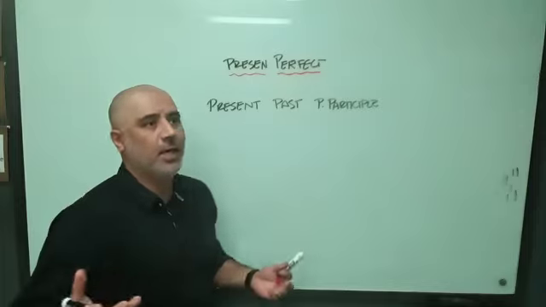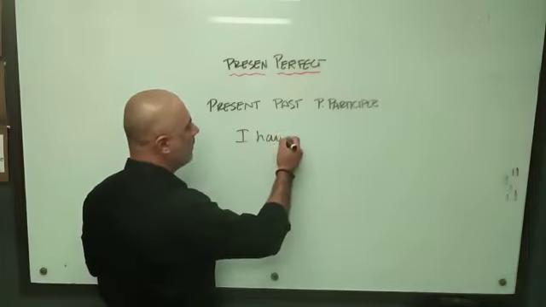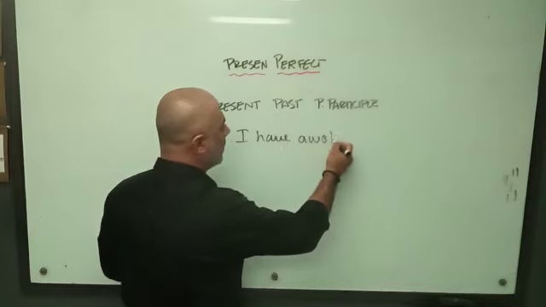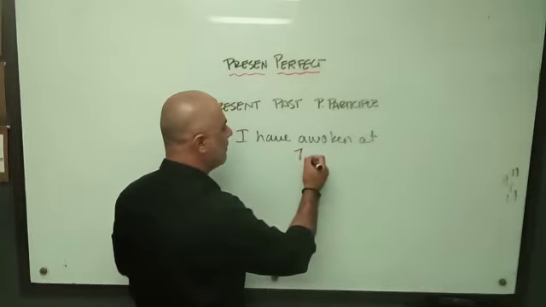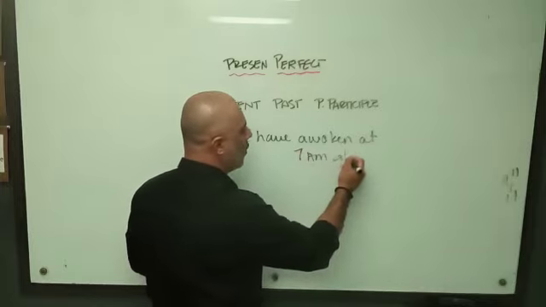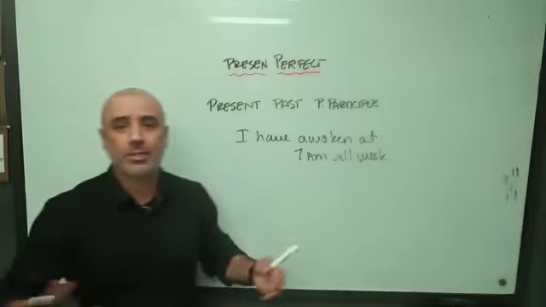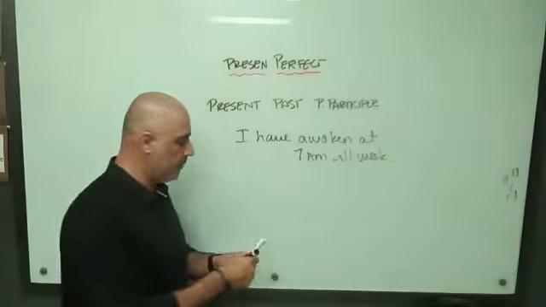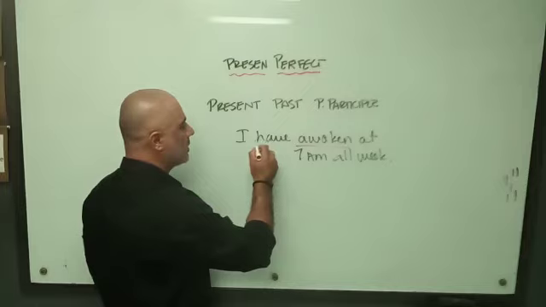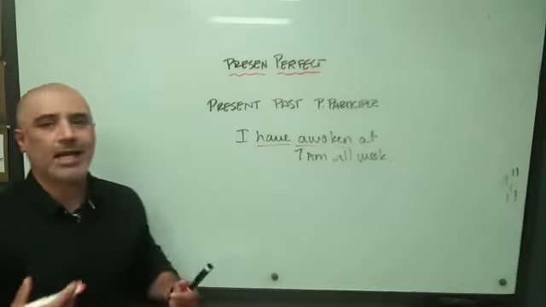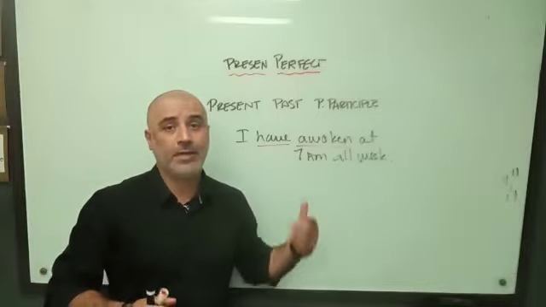So I would say an example for the first verb would be, I have awoken at 7 a.m. all week. Right? So that way you have the verb awoken in your example with the auxiliary verb, which in this case is have. And you know that for present perfect tense, you always need to have the have or has for